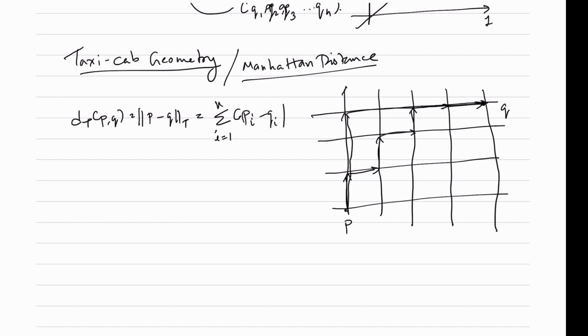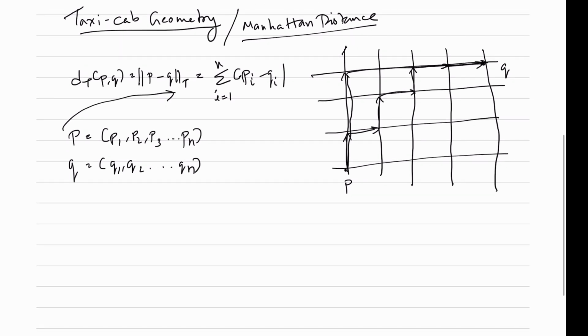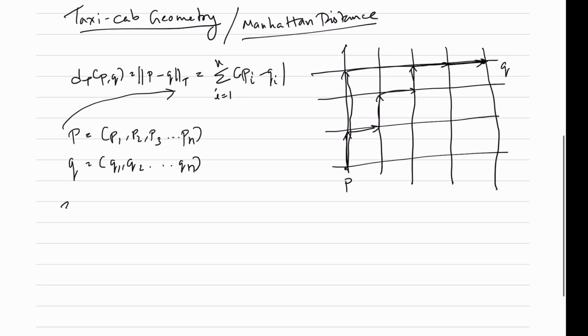Okay, so basically what you're doing is, let's say if you have P with the coordinates of P1, P2, P3 until Pn, and Q of Q1, Q2 until Qn, the distance between the two can be written using this formula. Okay, you're not doing, again,